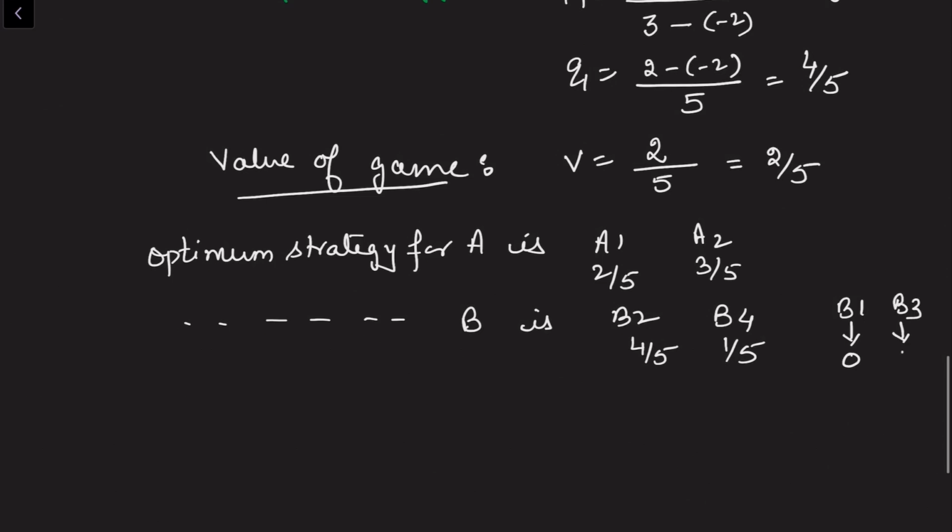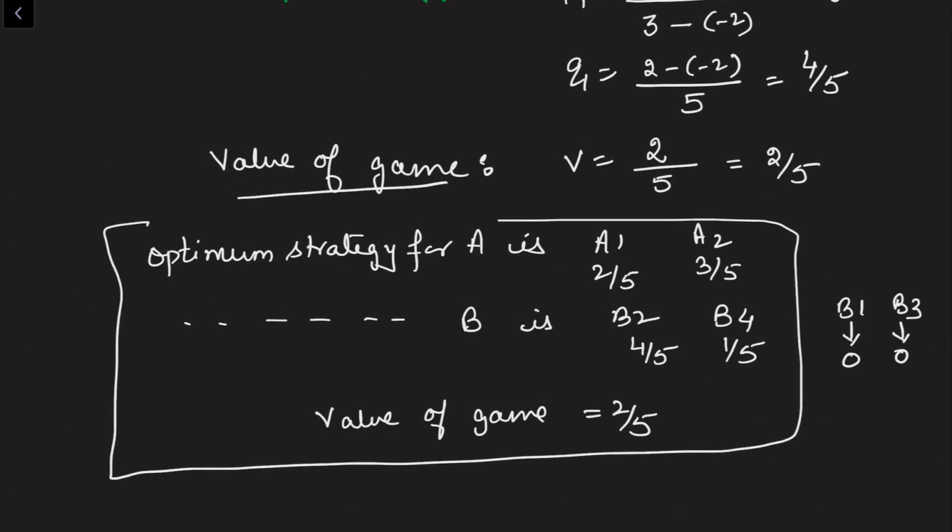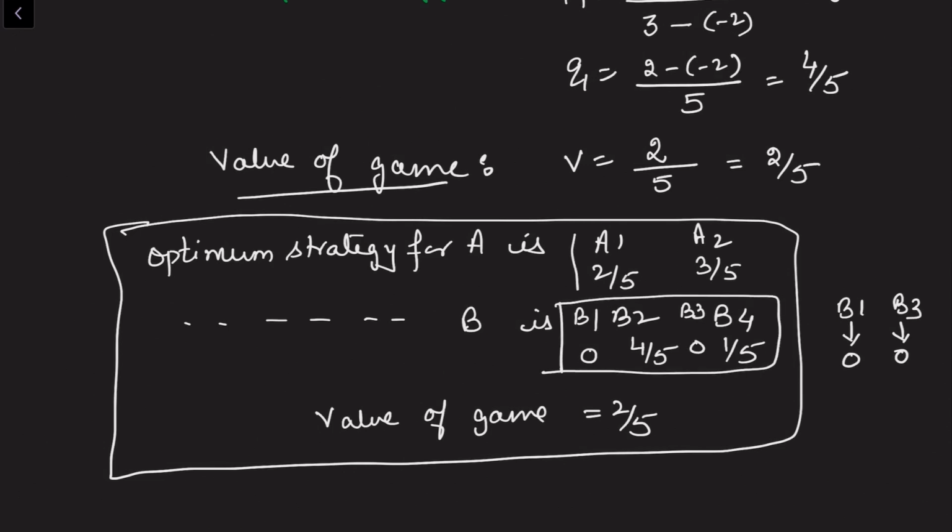B3 comes with the probability 0. And for this case, we have considered now the value of the game is 2 by 5. So this is the optimal answer. And if you want to specifically tell for B1, B3, you can include that B1 is 0 and B3 is 0. So there is no harm in assuming this way also, which is very clear that other strategies come with a probability 0. So these are the probabilities, and this is the optimal solution for a 2 cross n problem. Similarly, if we have more columns in B, we try to reduce those strategies. We try to find which are the critical moves.